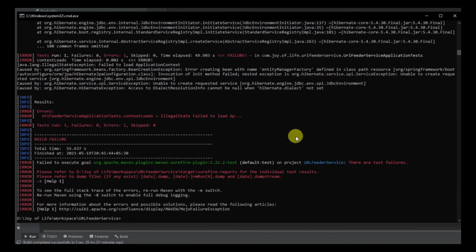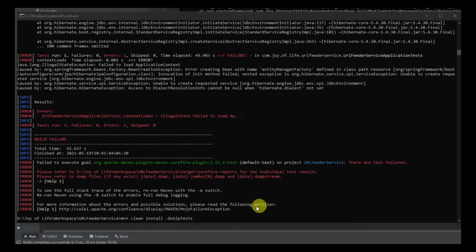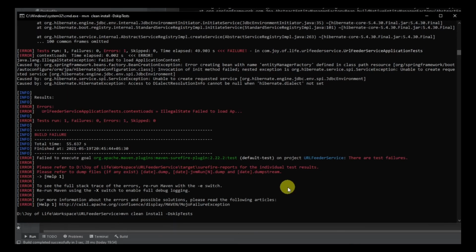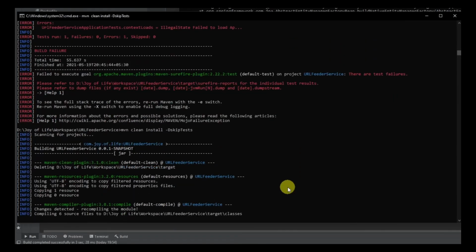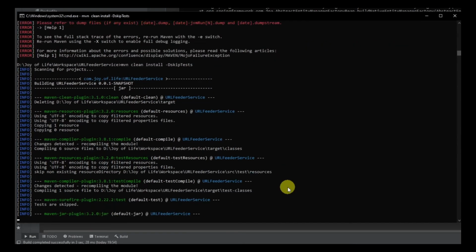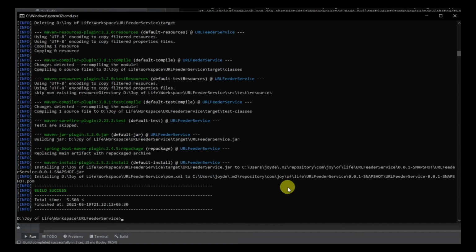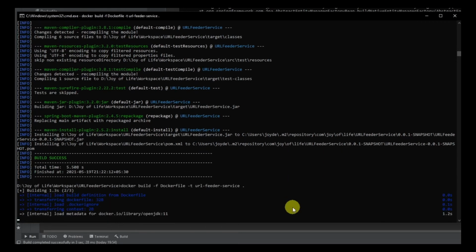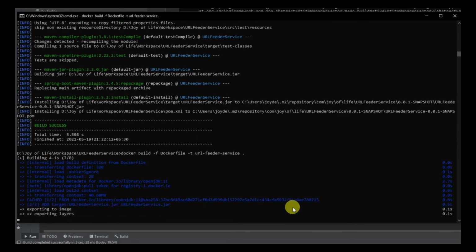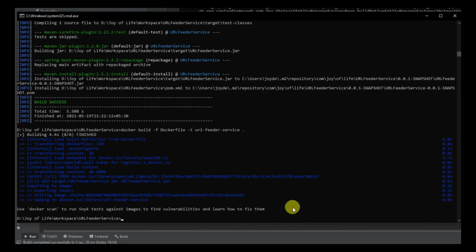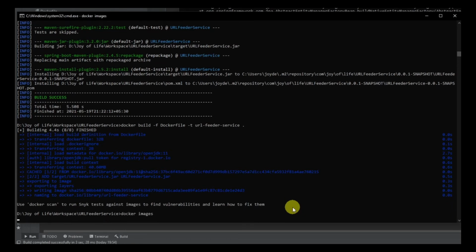So after we are done with all the exceptions, what we are going to do is we are going to do a Maven clean install again, but we are going to skip the tests. So in order to skip the test, we'll put the following parameter along with mvn clean install. So this time you won't have a problem when you run this. Now that we have the jar ready, so we'll rebuild the Docker image and we'll start the container. So our image is now ready. So we'll just check the images once.